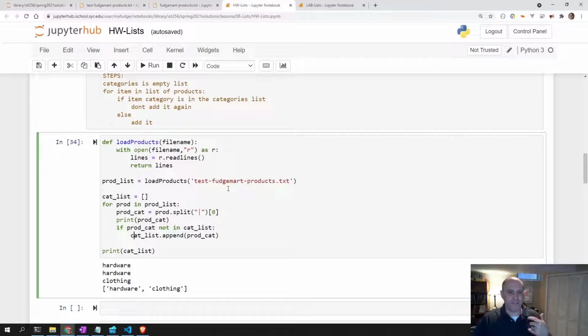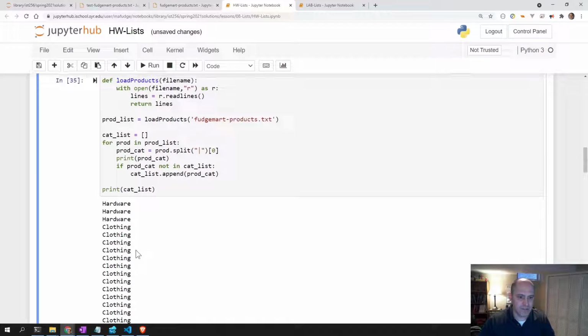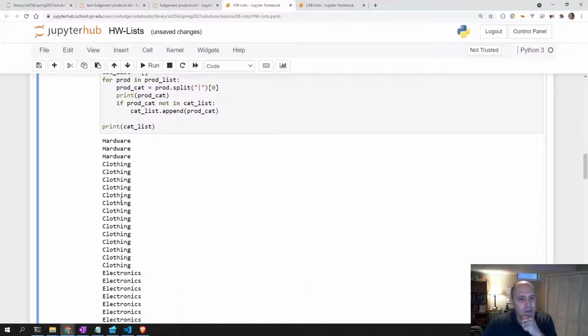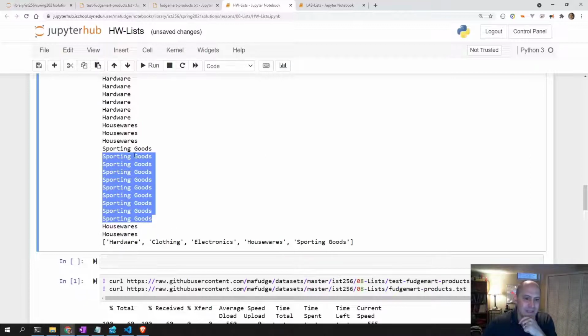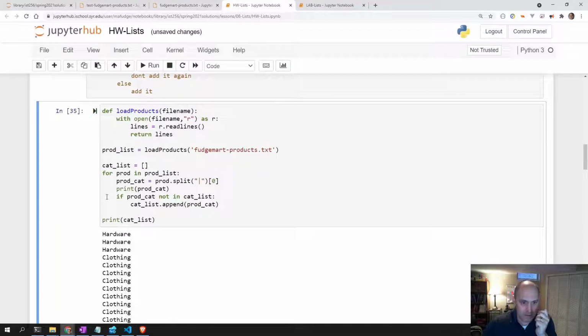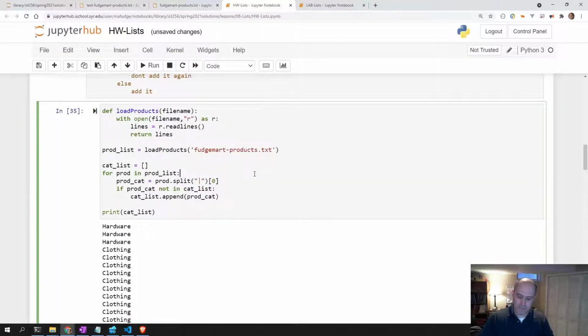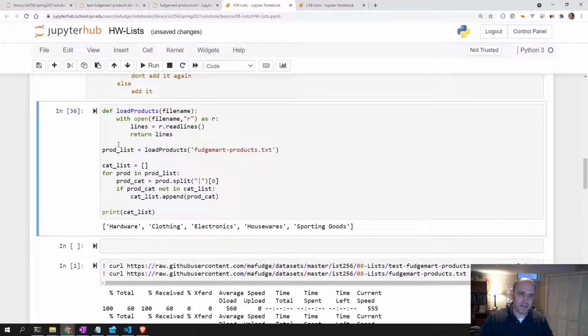So to show you that that works, let me change this test FudgeMart products to just FudgeMart products. And then watch, we should get all the categories now. See, this is each category line by line, but then when we're done, we have a list and it just has the unique categories. Because the first time sporting goods gets added, the other 9 times it doesn't get added. Let me turn this print off. We don't need it anymore. Okay. And then that does it. This